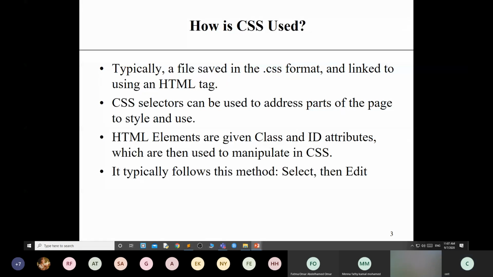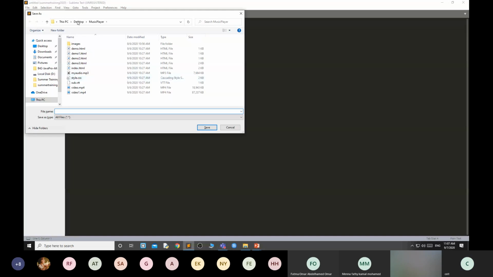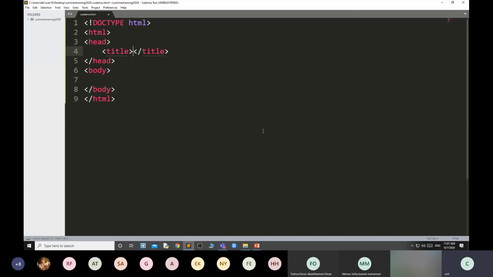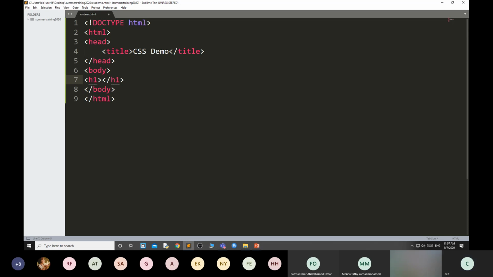Suppose here I want to write H1, CSS demo, in an .html file.